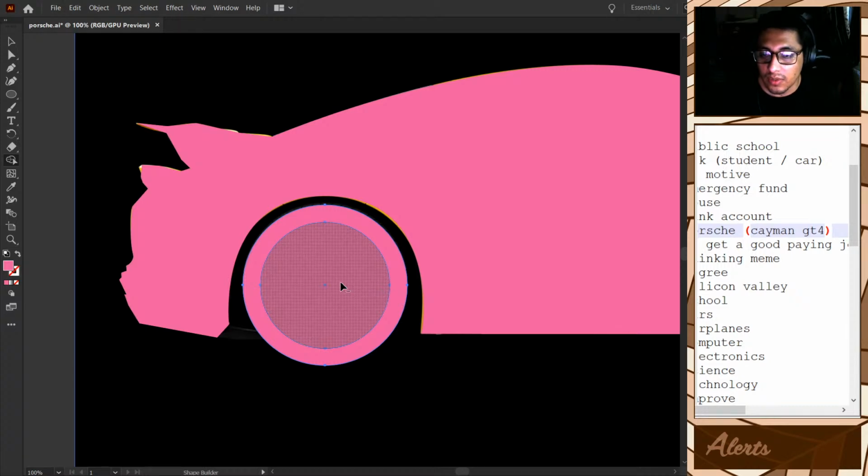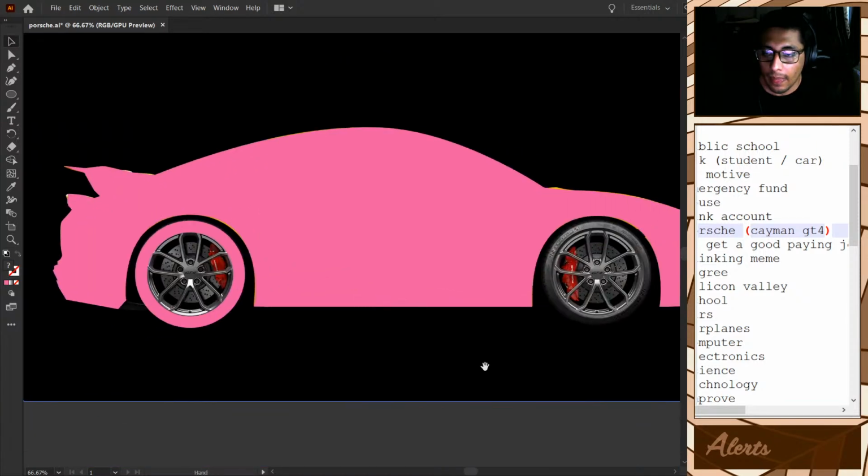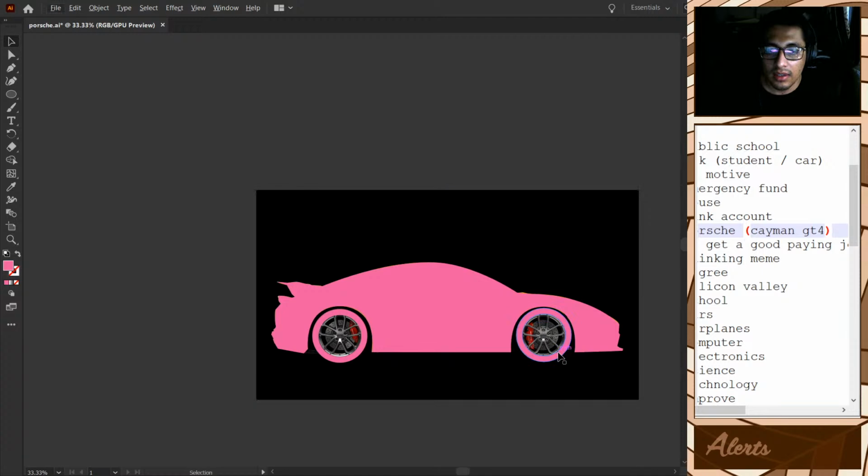Then we hold Alt to make it a minus. Bam. See, it's a shape. Now we click on it, we hold Alt, and then we can make a copy of it. Just line it up. Bam, the wheels are done.